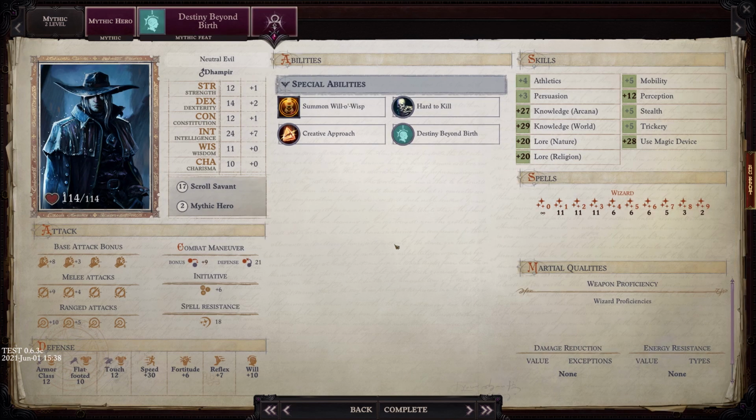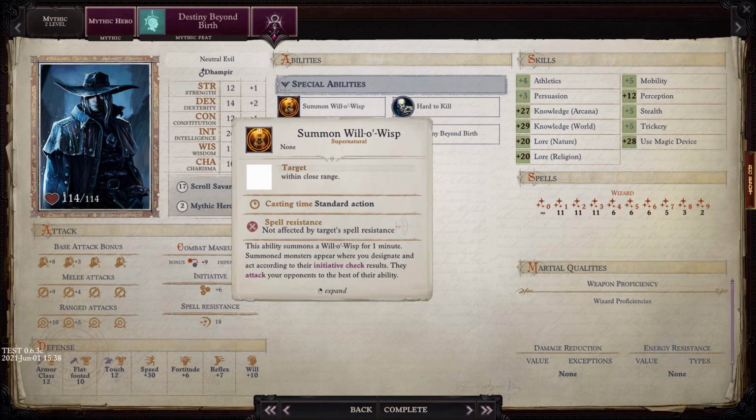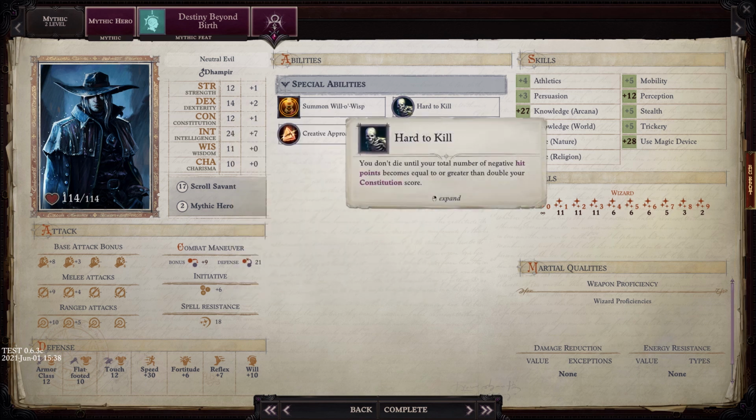And then at the end of Mythic Level 2, you're going to get a summon. I'm not sure if the summons work properly for Trickster. They're broken on Angel, but my understanding is they're working on Azata. So they might be working on Trickster right now in the beta as well, but I'm not completely sure. You also get hard to kill. You don't die until your total number of negative hit points becomes equal to or greater than double your constitution